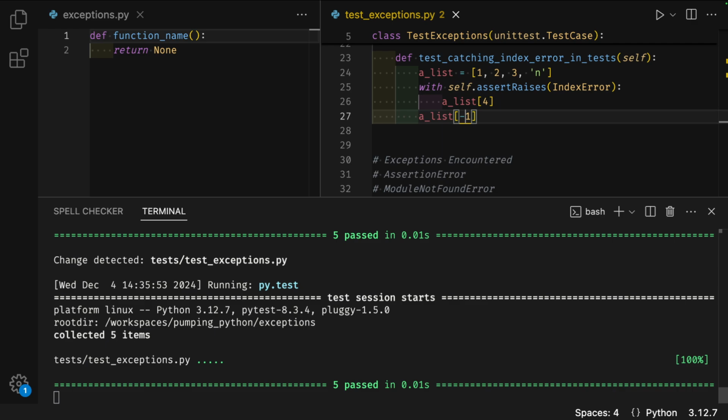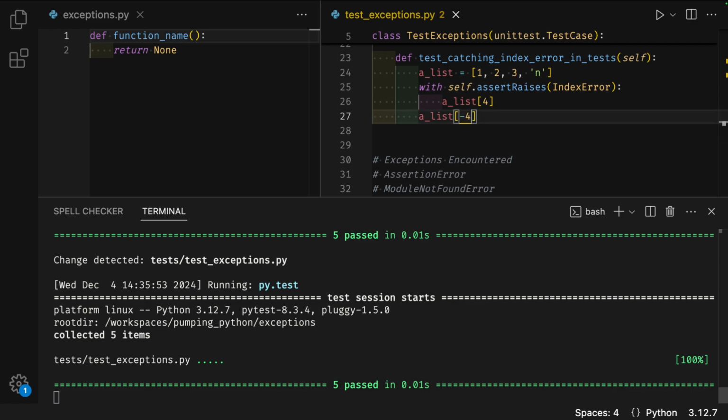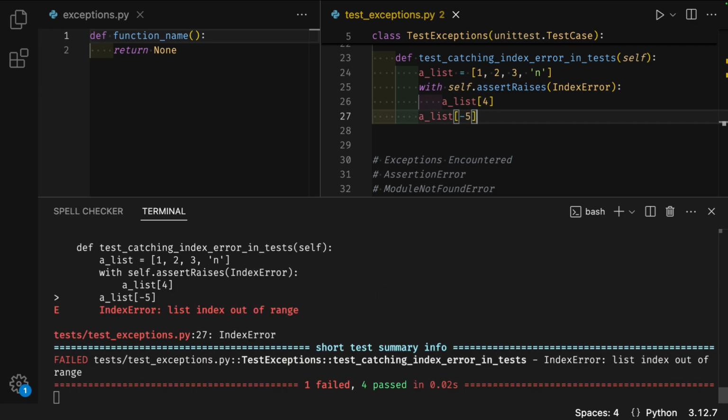I can use negative numbers to index a list. -1 here points to the last item in the list. Think reading from right to left. The first item in the list will be negative the total number of items. That's -4 in this case. Still no issues, the terminal shows green, but when I do -5 for an element that does not exist,